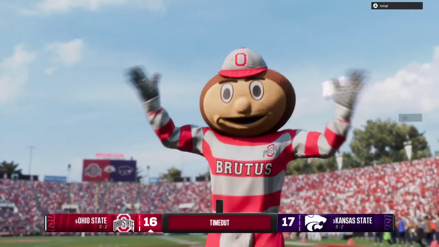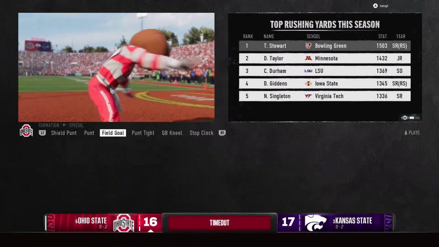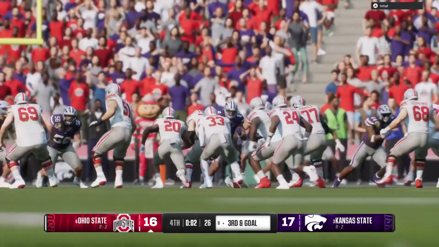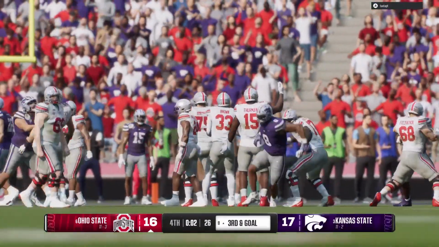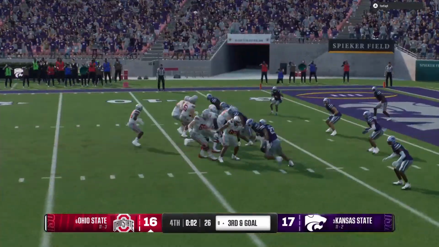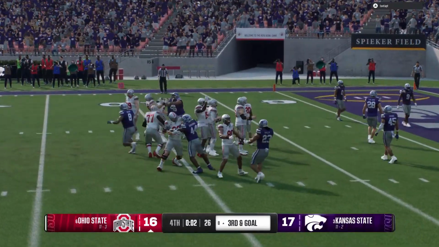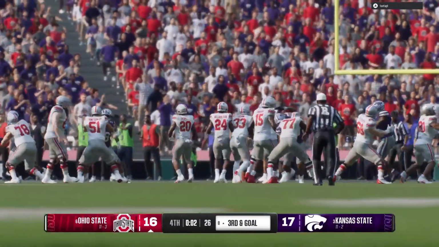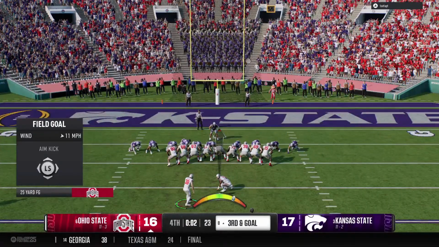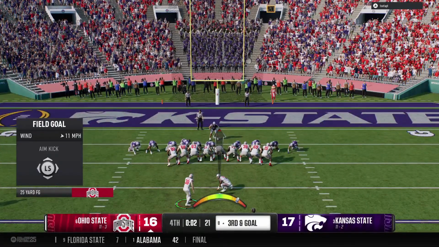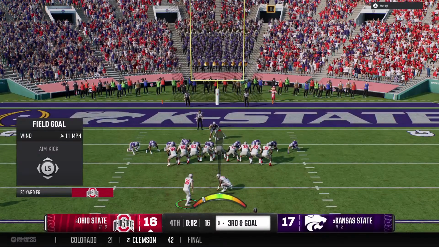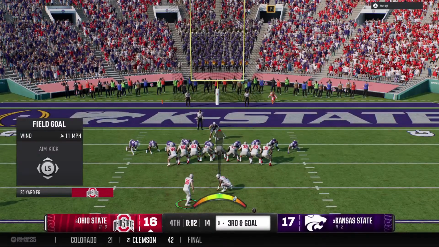And a timeout is taken, just 2 seconds left on the clock. Timeout, Ohio State. So here it is, a pressure moment. The field goal team on the field, a lot riding on this kick. So in the final seconds, everything comes down to this field goal attempt for the win.